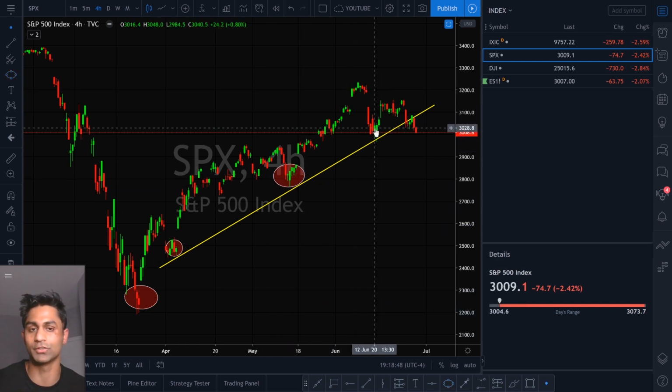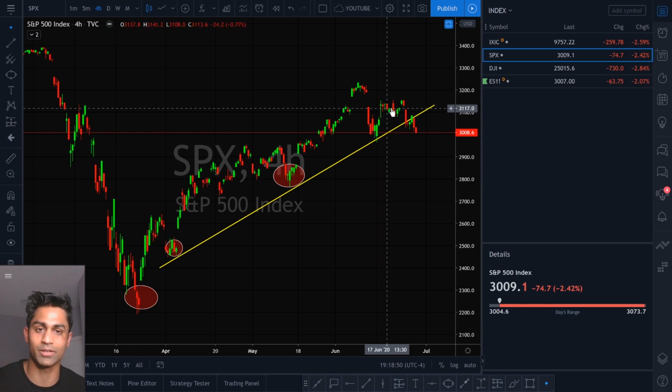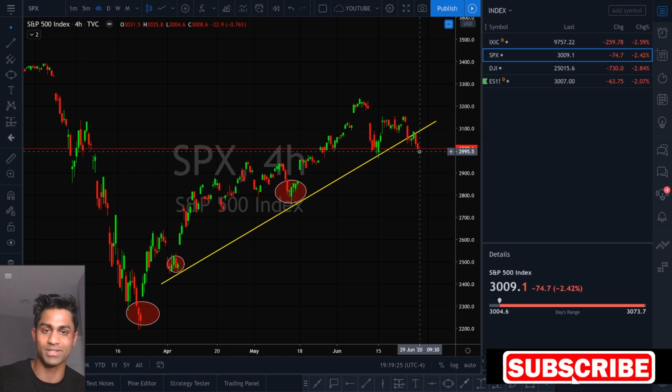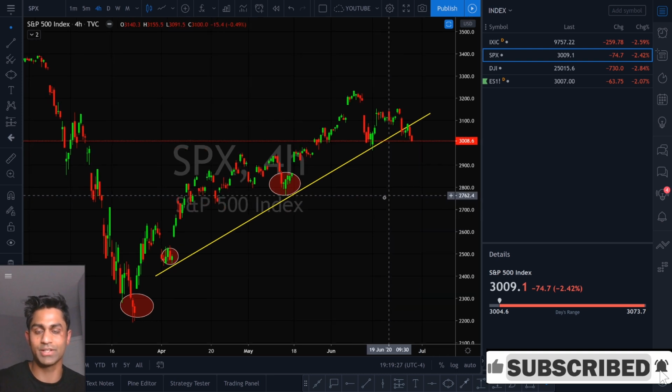Right around here on June 12th, the market pushed up, but then it started consolidating and then pulled back. So this right here is going to be a retest of whether people are going to see this as a buying opportunity or if they're going to continue this sell-off going into next week. It'll be really interesting to see where the market opens next week, but for the purpose of this video,